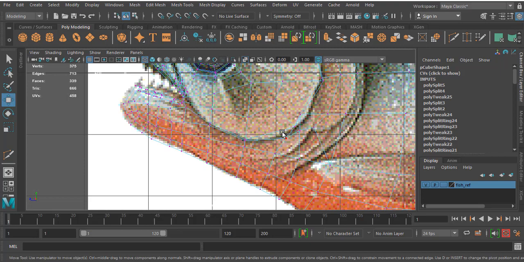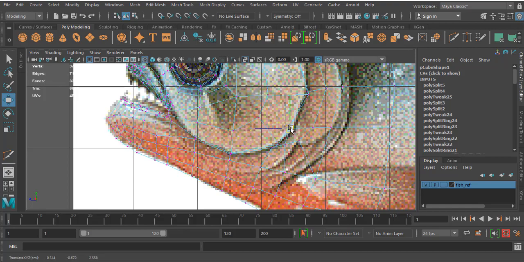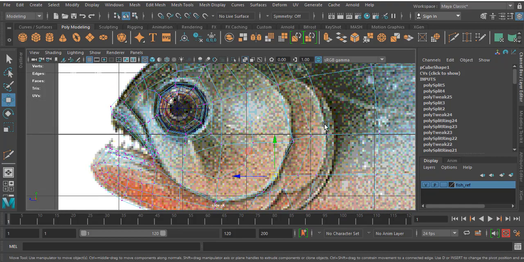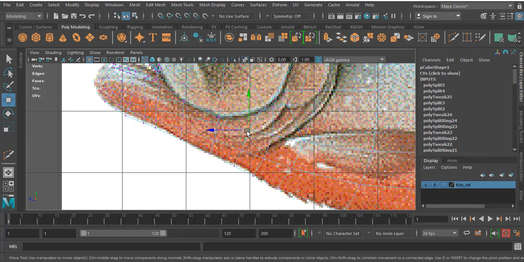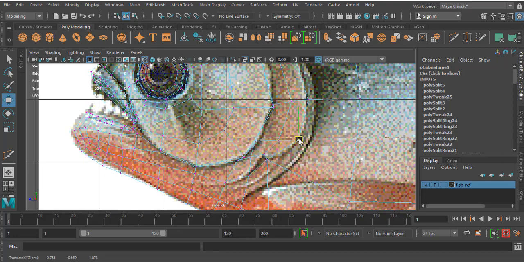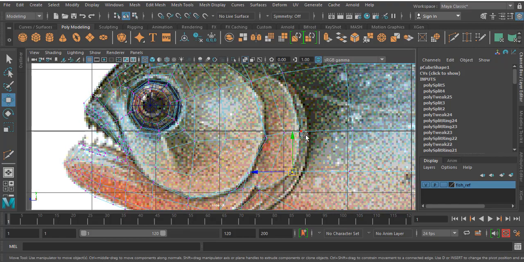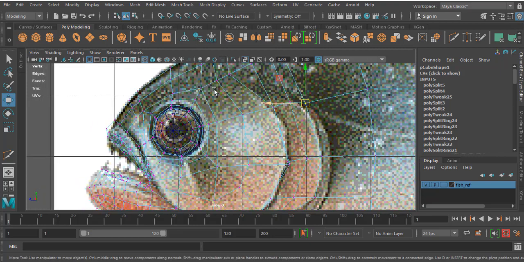Okay, almost done. Now, which part is the second one? This one, from here, here, here, here. Okay, so I think I can add one more span.